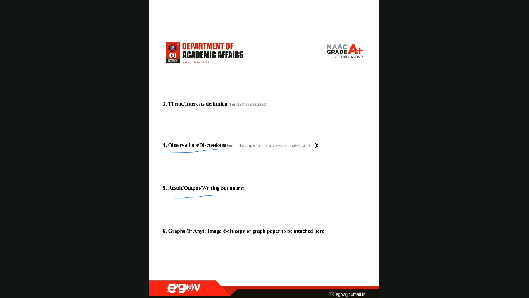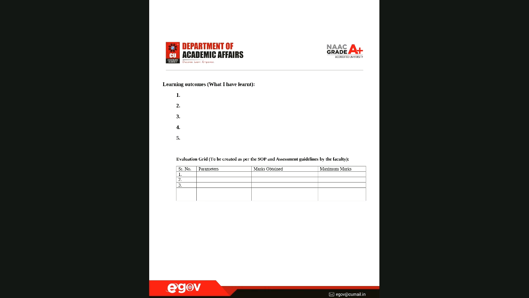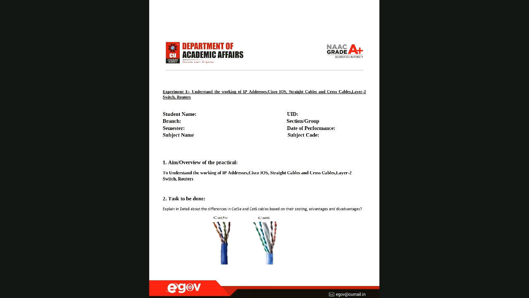If you have any graphs or any kind of pictures for your lab manual, you have to include them, and you have to write down the learning outcomes, what you have learned from this experiment. Download this file from your account and submit it by attaching the file below in your account. After that I'll check it, and I'll allocate the marks to you, that is, how much you have scored from this worksheet. This worksheet will be of 10 marks. I hope that you get the introduction about your experiment, what you have to do and what you have to perform in your worksheet.